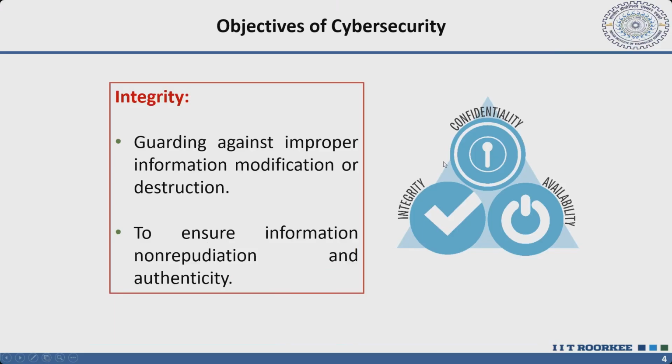The second one is integrity. Integrity is related to guarding against improper information modification, or sometimes destruction also. We know that whenever any attacker is present in the system, they try to modify the information, or they try to remove, destroy or manipulate that information or data. So that we want to avoid. That comes under the integrity part. And here in integrity, the objective is to ensure the information is non-reproducible